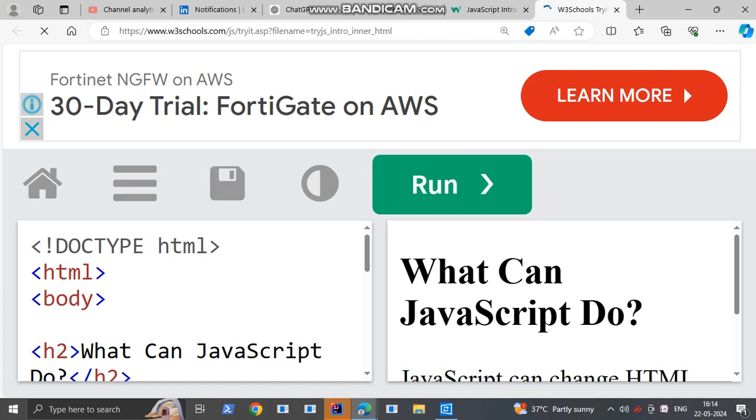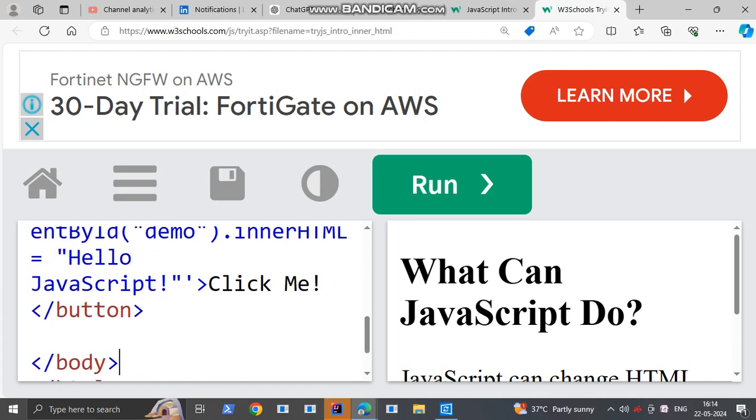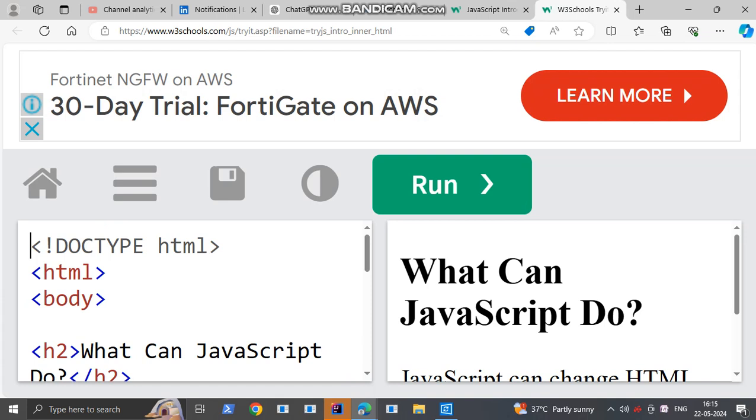Next, this is called the HTML section, otherwise the HTML root element. The root element starts with the start tag and ends with the last end tag. Whenever a start tag is started, finally we need to close it with the HTML end tag.